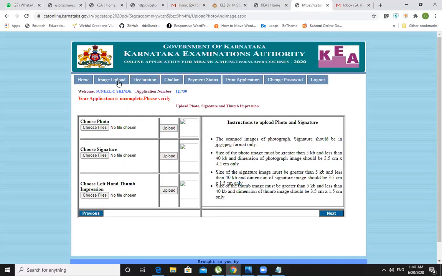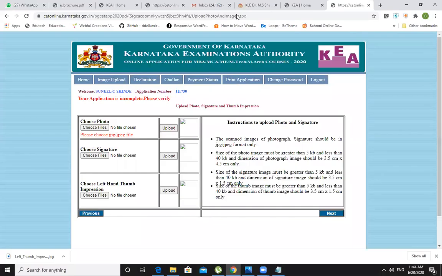You need to follow the instructions: the photo image must be greater than 5 KB and less than 40 KB.